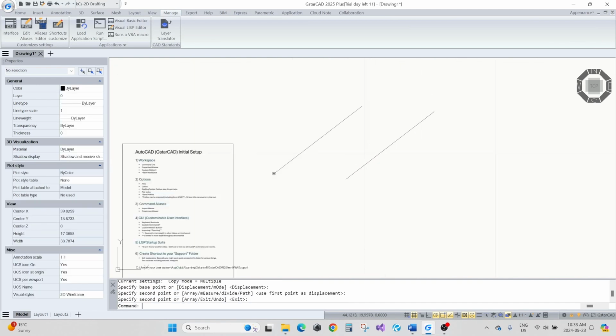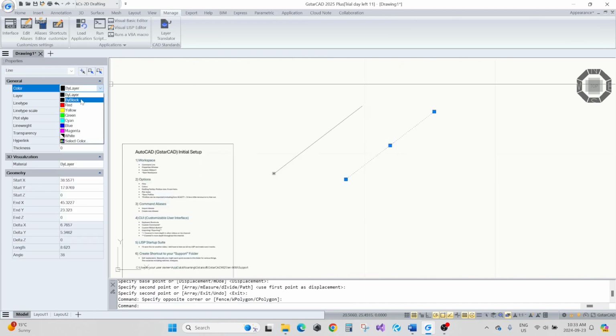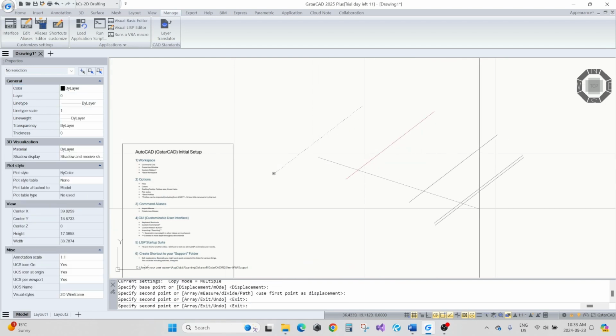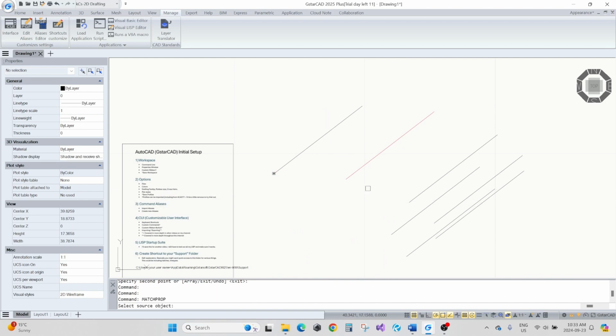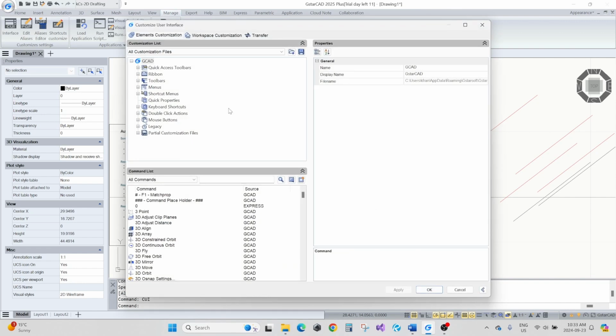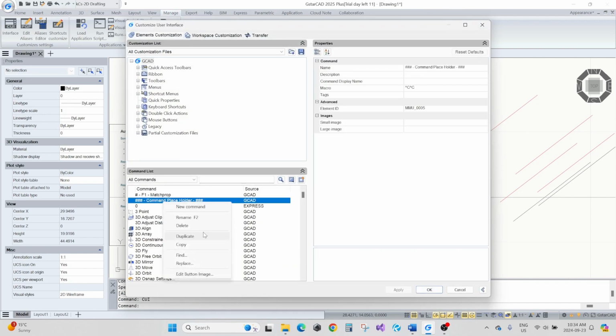So I'm going to copy this. We're going to change the color to red. Hit F1. Right on, it worked. Okay, I'm going to go back into the CUI. We're going to do one more. We're going to go to this again. We're going to copy it, duplicate,